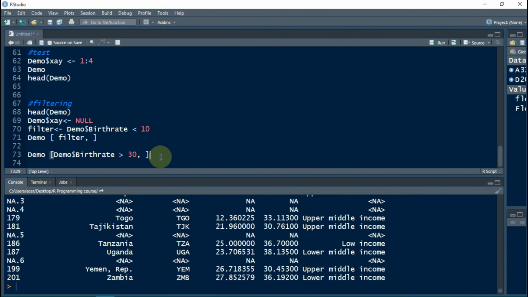Now you all might get a little bit confused here, because what we are basically doing is, inside a data frame, we are looking into a specific column of the data frame which has got value greater than 30. But if you understand it on this basis, where we create a TRUE or FALSE vector and we supply that vector to the square brackets in order to get those entries with TRUE values.